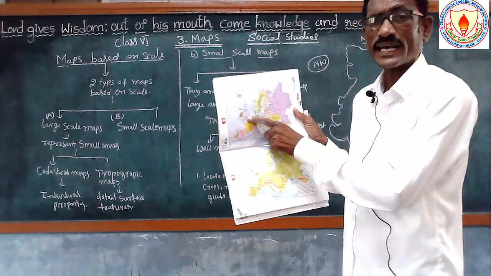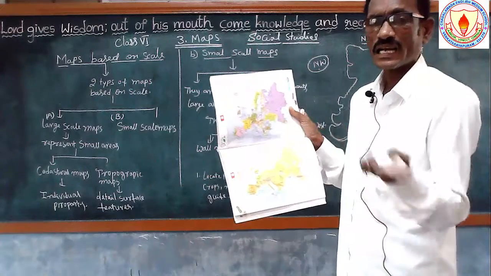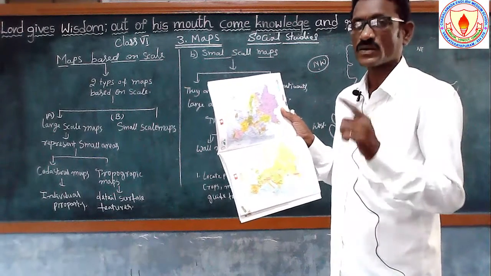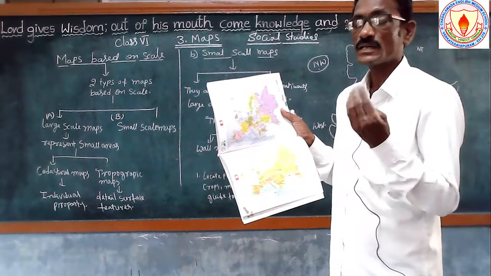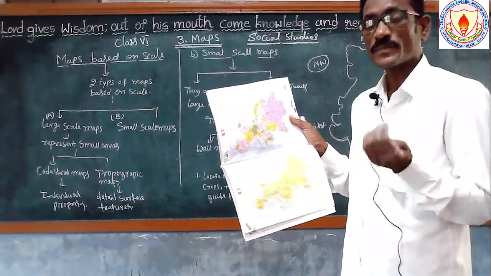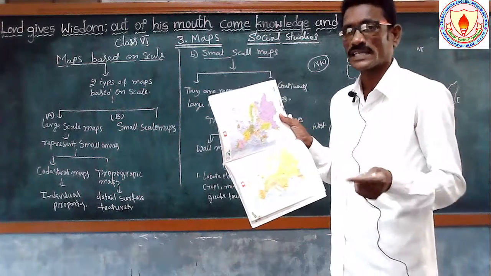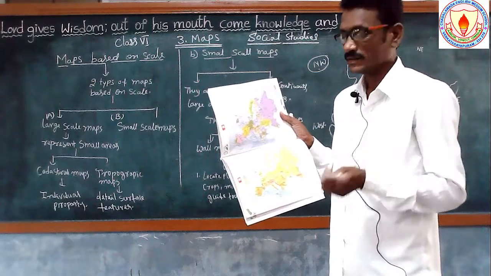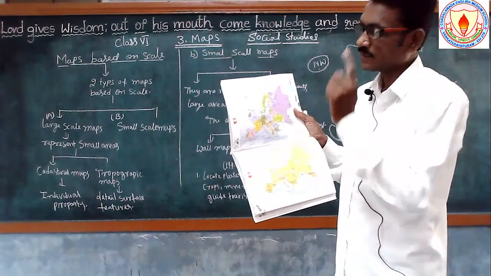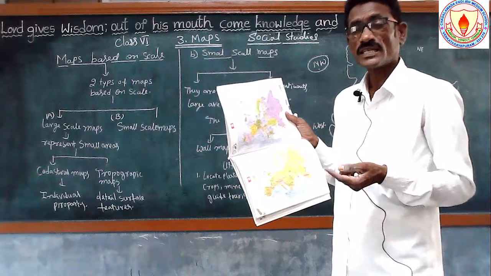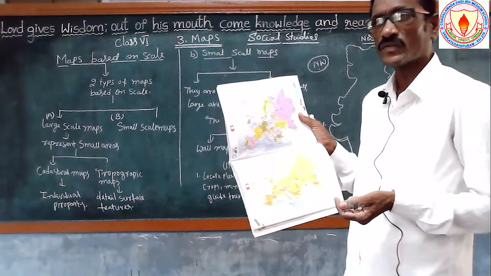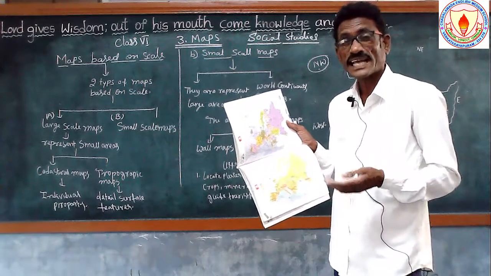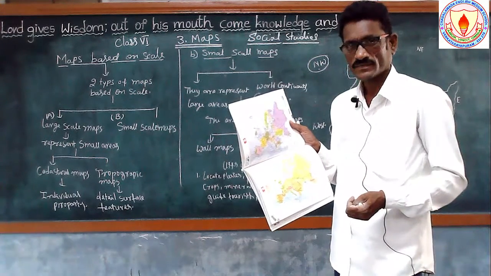The best example is England, an island. England is an island. Island means a piece of land surrounded by water on all sides. That is called an island, England. England's capital is London. And Norway, Sweden, Denmark, Finland. Here, another importance of Norway, Sweden, and Denmark is that these are called the Scandinavian countries.